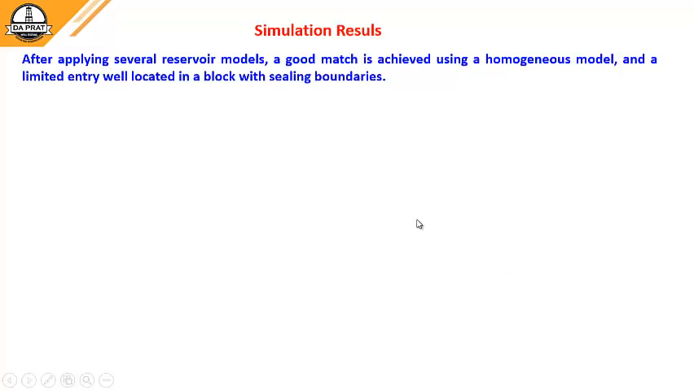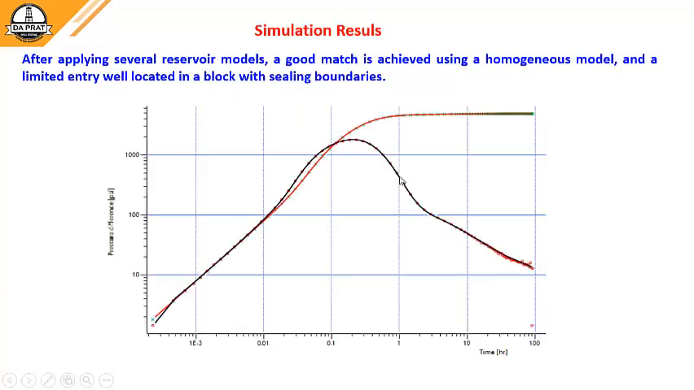Okay, then what we do now is to apply several reservoir models. I'll show you later using the software Sapphire that we got another model, but what we see here is not shown. We'll see it later. So a match is obtained using a homogeneous model and a limited entry well located in a block with sealing boundaries. You can see here now